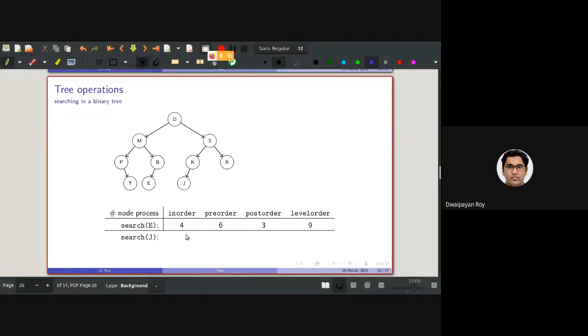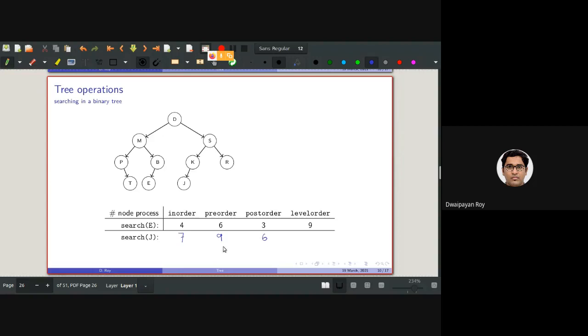It will be 7 comparisons for in-order traversal. For pre-order traversal, it will be 9. And for the post-order traversal, it will be 6.